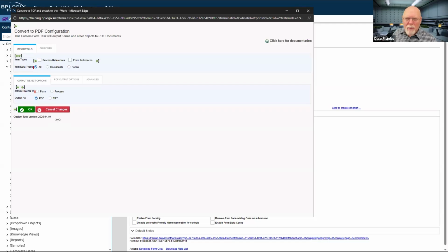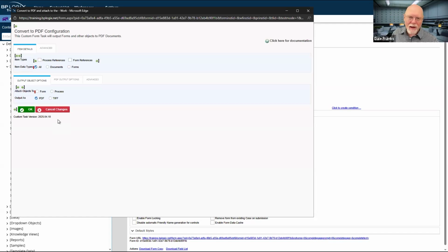a couple of years ago, back in one of the 5 dot something versions, we made a fundamental change to how the database worked in Process Director. And we switched over to AES encryption for encrypting your data at rest. When we did that, we also had to update all of the custom tasks to use AES encryption for the data that gets stored with custom tasks when you configure them. And so custom tasks from before that date would no longer work with Process Director.